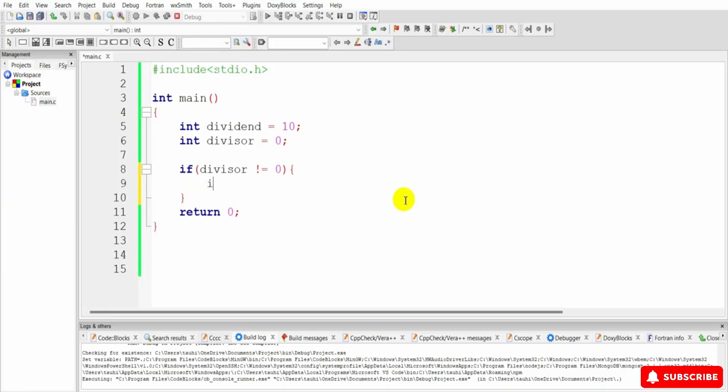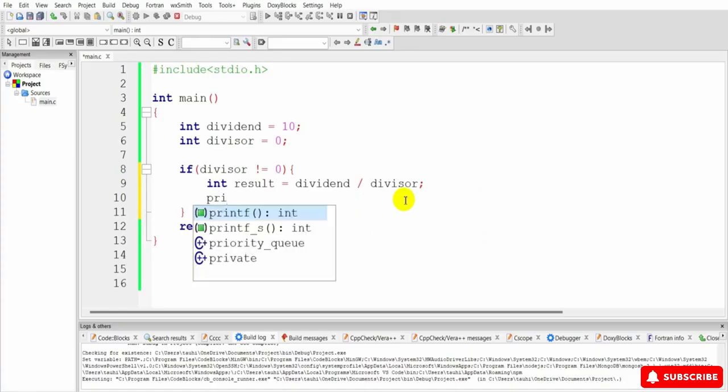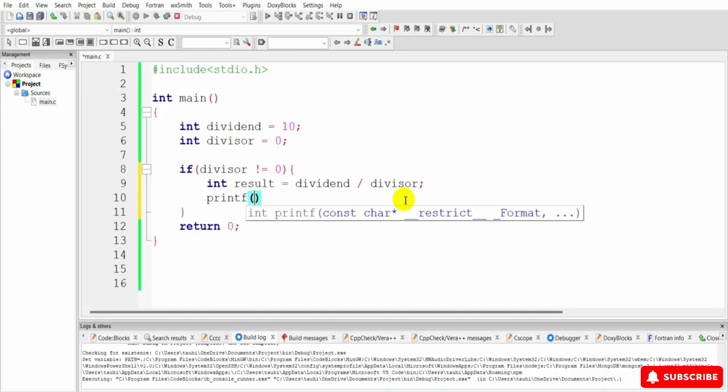I'm just typing int result. Okay, and then I create the assignment. So first of all I'm just typing the dividend and then dividing it by the divisor. Okay, and then I'm typing the printf function. So now I'm typing the result. Okay, the result, and